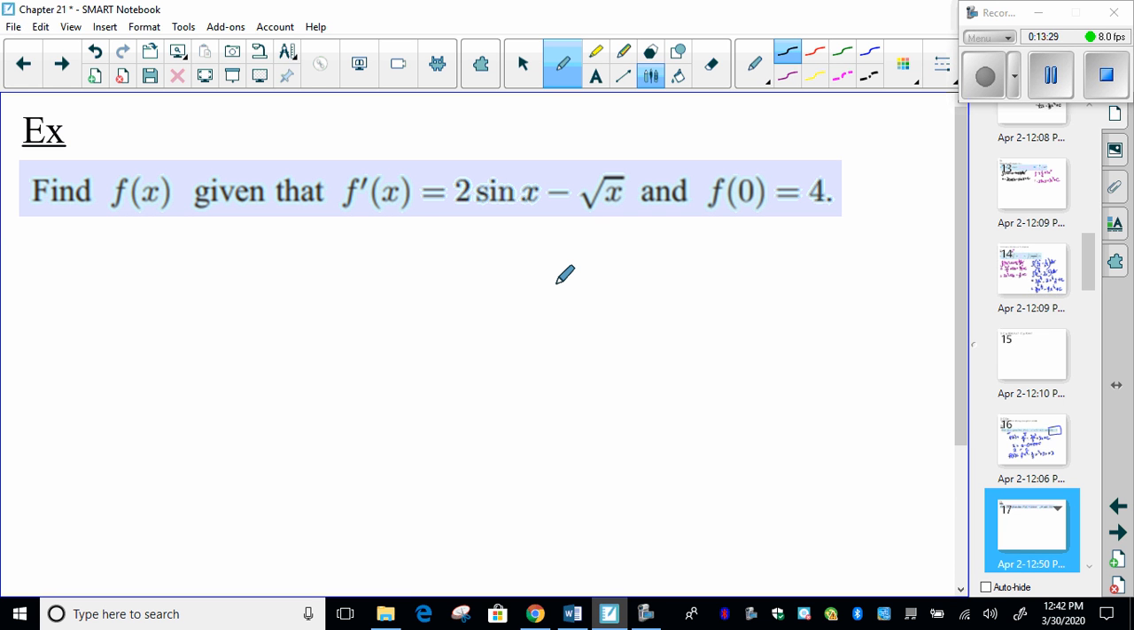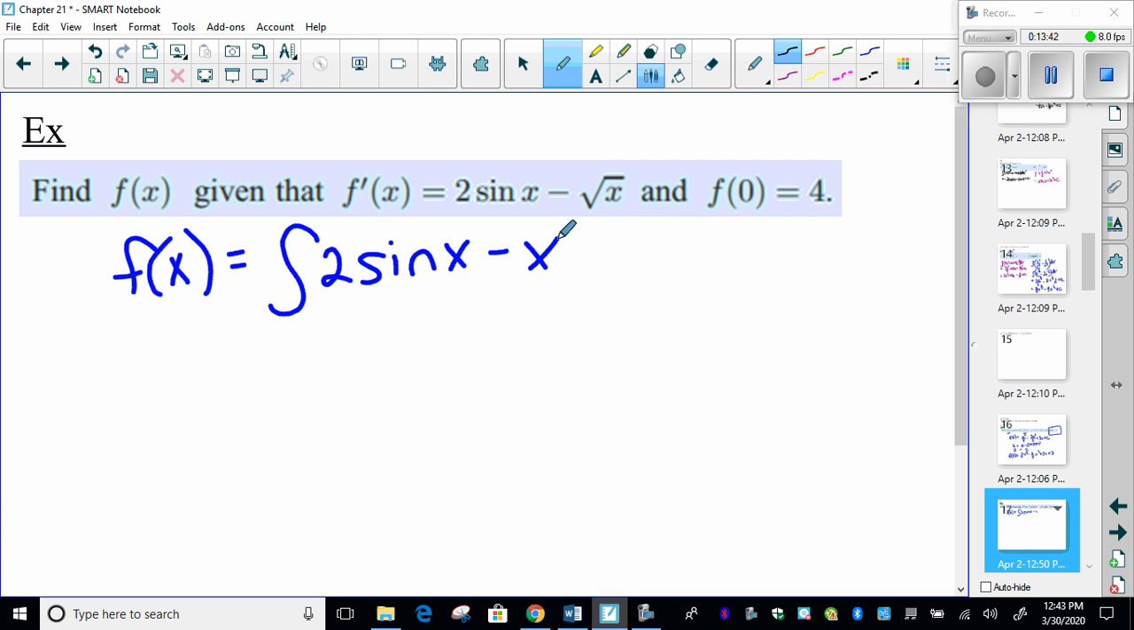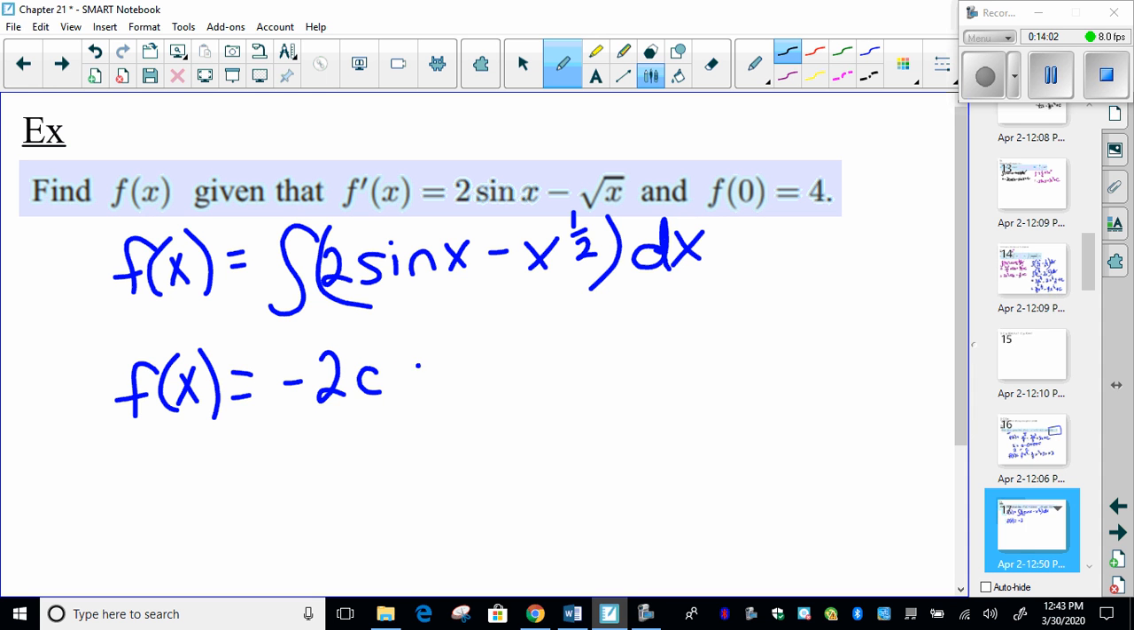So I have to integrate this. Therefore, to find f of x, I'm just going to write this out in words. I have to integrate 2 sine of x minus, and I'm going to write this out as x to the 1/2, and then that's dx. So it's showing all my work. So therefore, f of x is, the antiderivative of sine x is negative cosine x. So this is negative 2 cosine x minus x to the 3/2 times 2/3